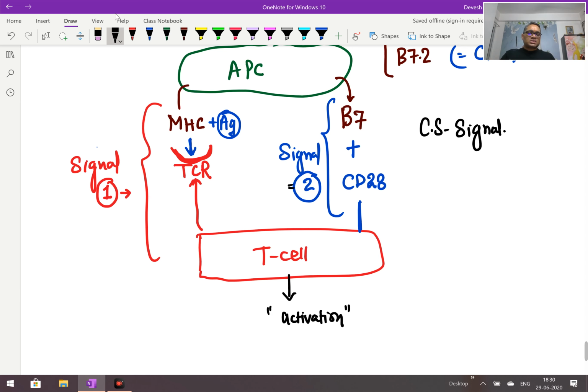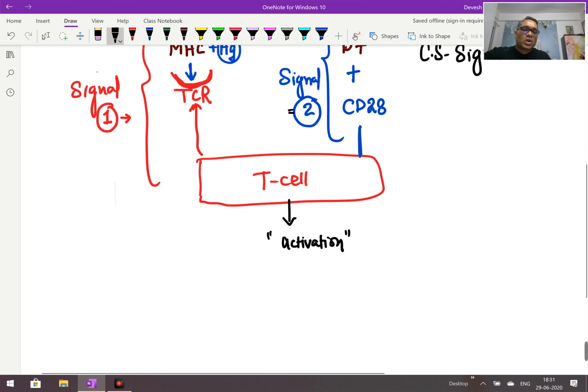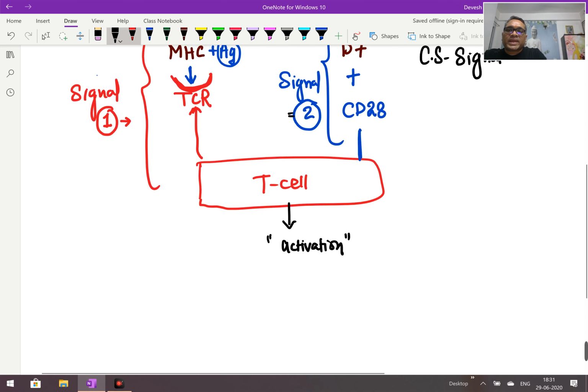These are the basic concepts you might be studying in your MBBS curriculum also. Apart from this, T cells have two important negative immune regulators, or you can say they are the brakes of the immune system, or the brakes of T cell activation in simple words. So what are these negative immune regulators, or brakes? These are the two important molecules which I am writing.